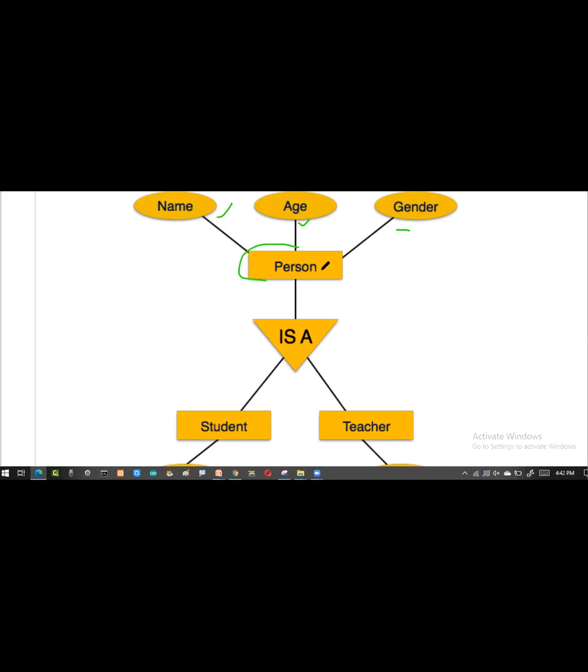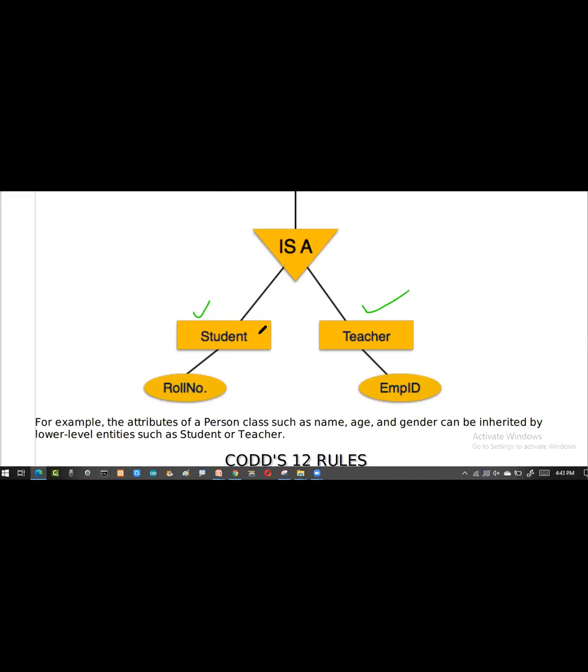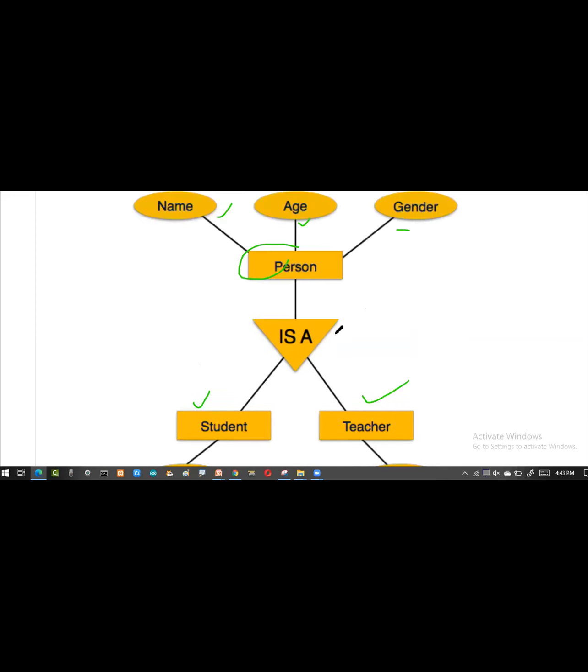It can be any person: a student, an employee, a teacher. So it has been divided. When I take student and teacher, what are these? These are the entities. From where are they coming? From the person. So this is your specialization.